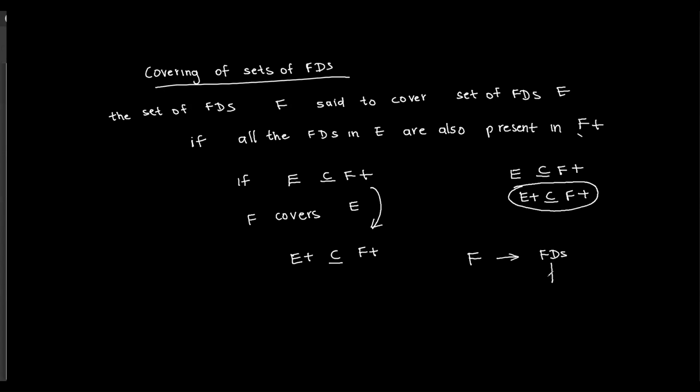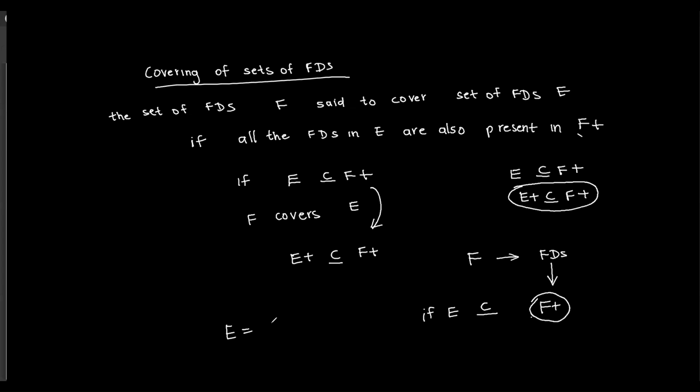And when you derive everything that is possible, if you squeeze all the juice out of it, you will be coming to the closure F plus. If E is a subset of F plus, E must have the entire